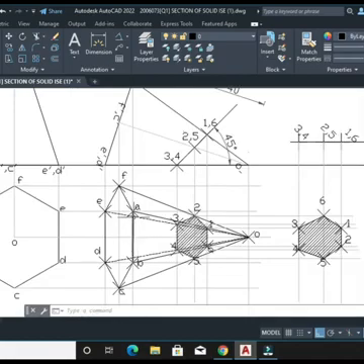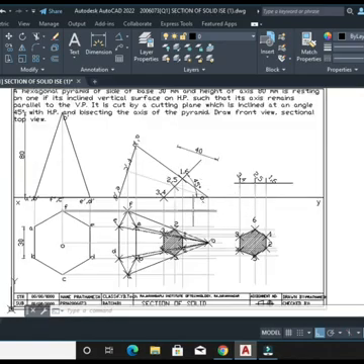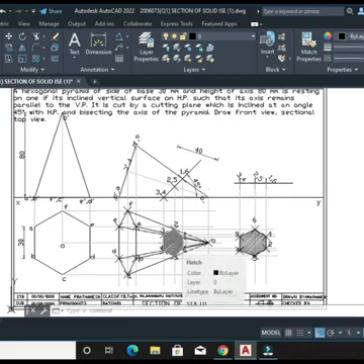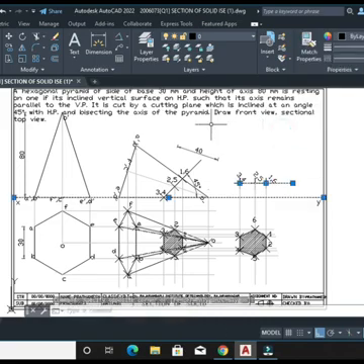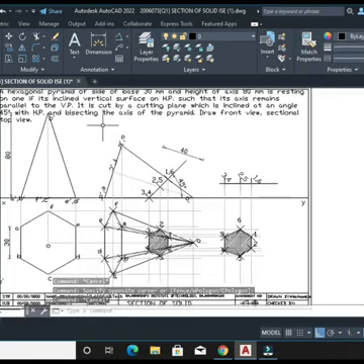And here we have used the PL polyline command to join all these points. Further on, we have taken the projections from the hatched surface, the hatched part, towards the right, and we made this cutting plane parallel to the HP and took the projection, so that we have found the sectional top view, that is the true shape of the section of the hexagonal pyramid which is given to us. Such that the problem has been solved.